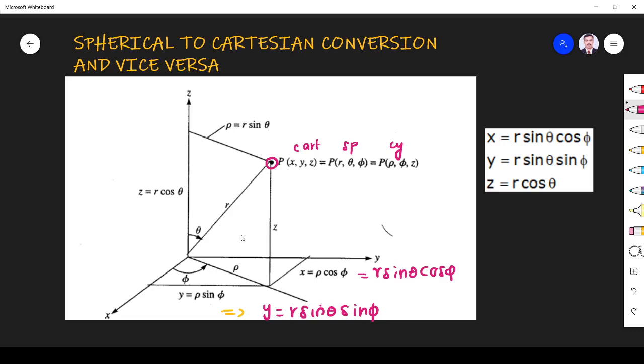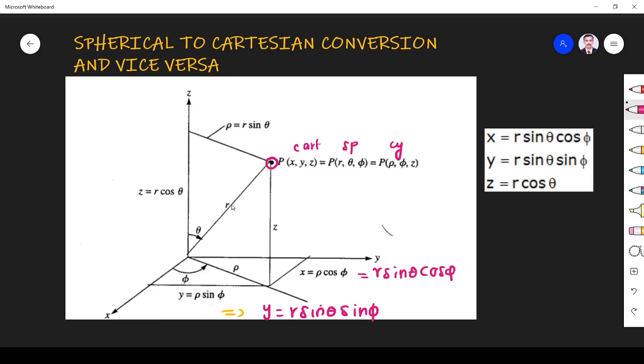Here, assume that this is the corner of the room where you kept your notebook. If you keep your notebook in the corner of the room, it won't be slanting, it will be vertical, but since we cannot draw this horizontal plane on the screen, it looks like this. Assume that it is the floor of your home. This is a corner where you keep your notebook. It will be perpendicular to the xy plane, but here we cannot draw perpendicular, that's why we have drawn it like this. Please think and assume like that. So this is rho.